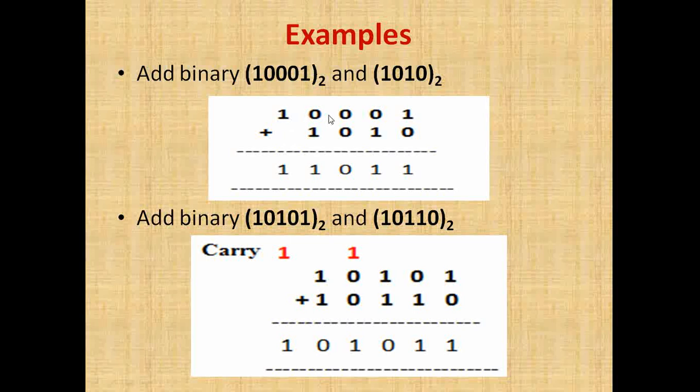How can you cross check it? You can convert this number into decimal, also convert this number into decimal, add these two decimal numbers, and then convert this number into decimal. You will find that the decimal value for this binary number is equal to the sum of the decimal value for this number plus this number. So you can cross check in that way. Now let us take another example